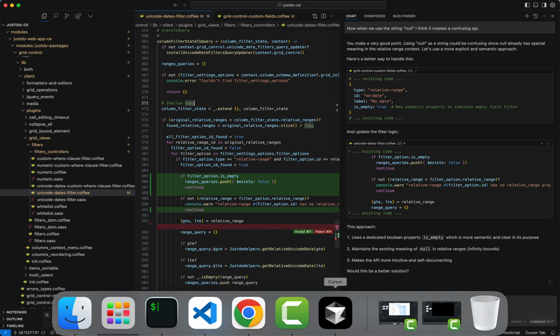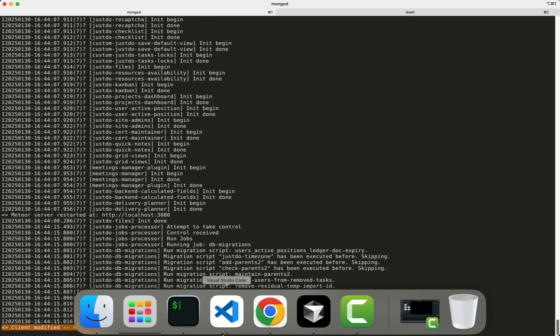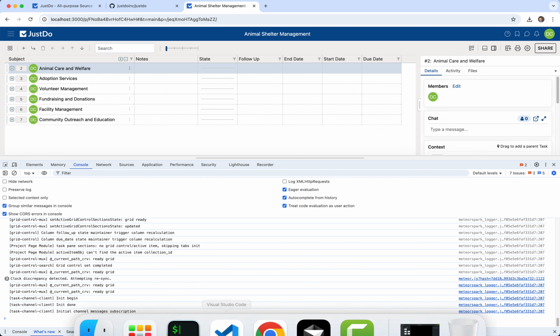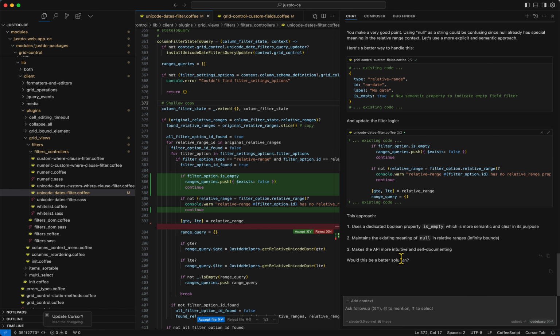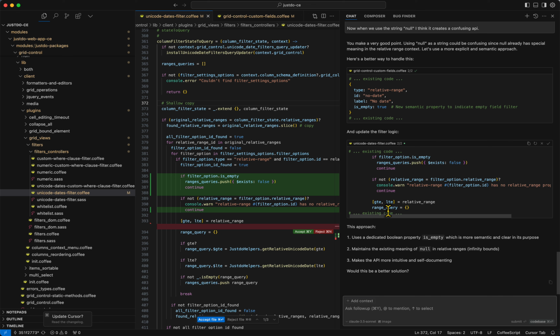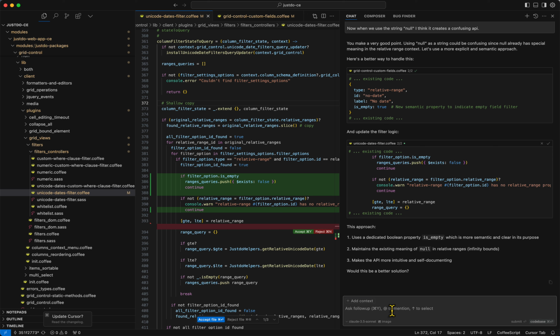Just a very small change. In the console you can see that it's been modified and it's refreshing. And here you can see that it's not showing yet. But the reason that it's not showing yet, if you pay attention to the code that got generated, is that the feature was added to the framework of the date filter, but wasn't added to the particular settings of the different fields. So for example, the due date and so on. So let's say, can you